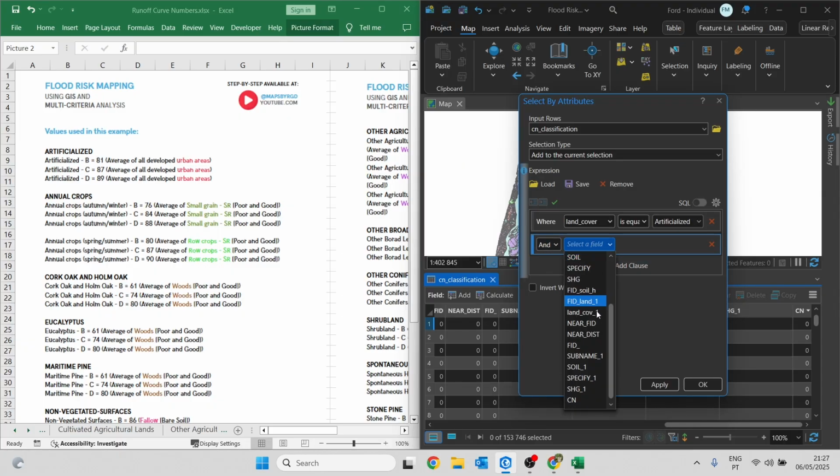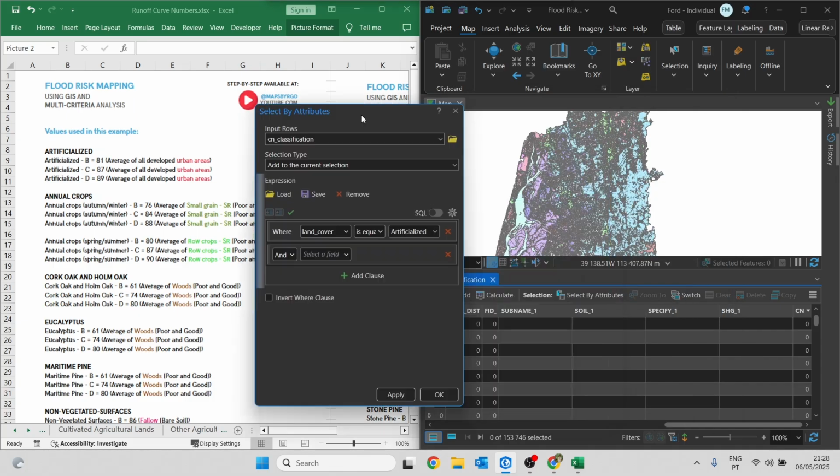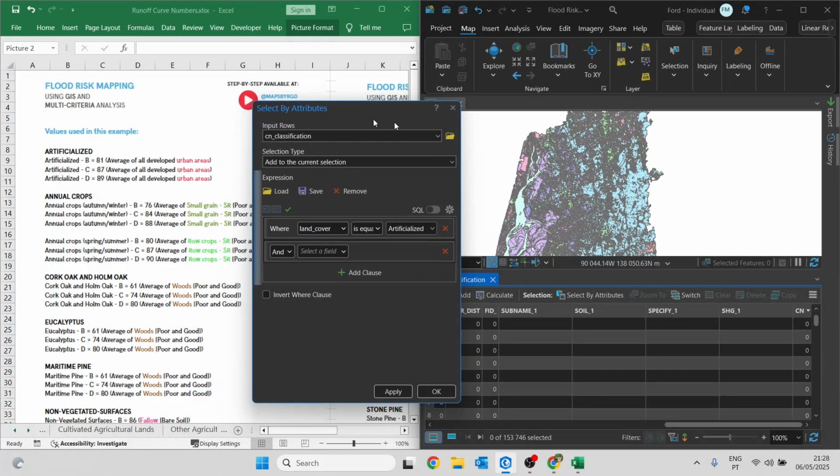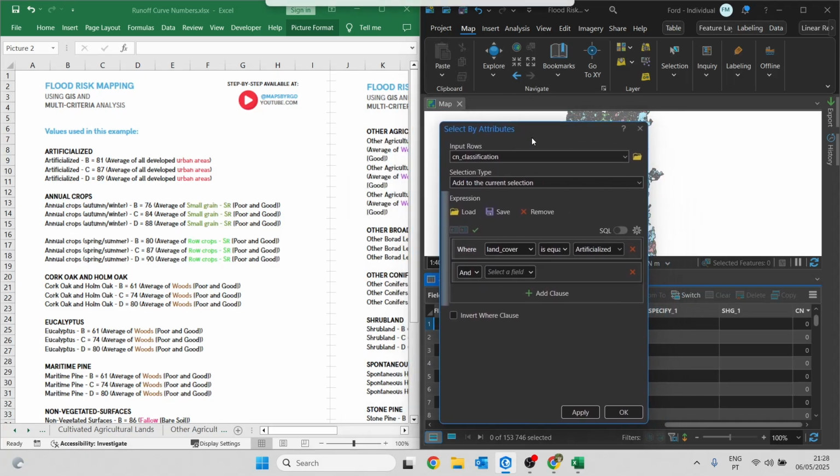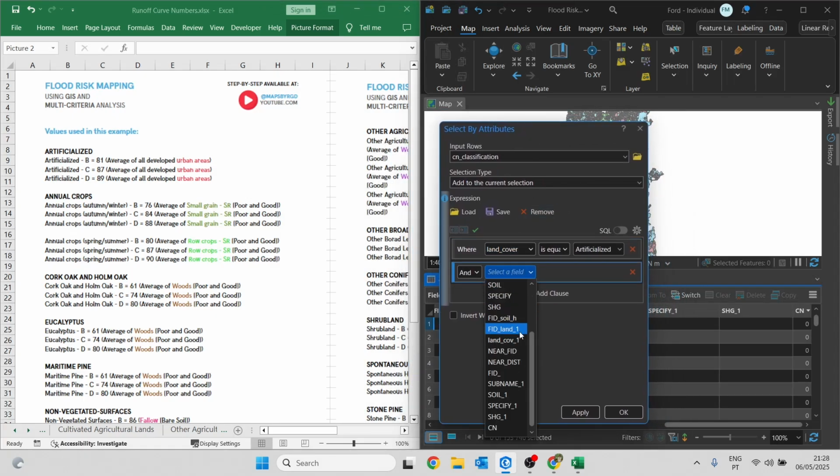So here select the SAG_1. Actually, it's not this one, but the SAG only, because the SAG_1 doesn't have all the values. So it's this one. And we can start with the B and click apply.